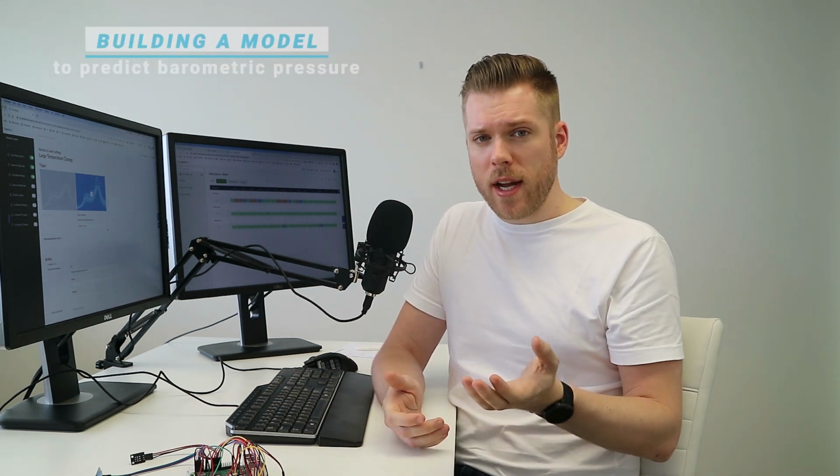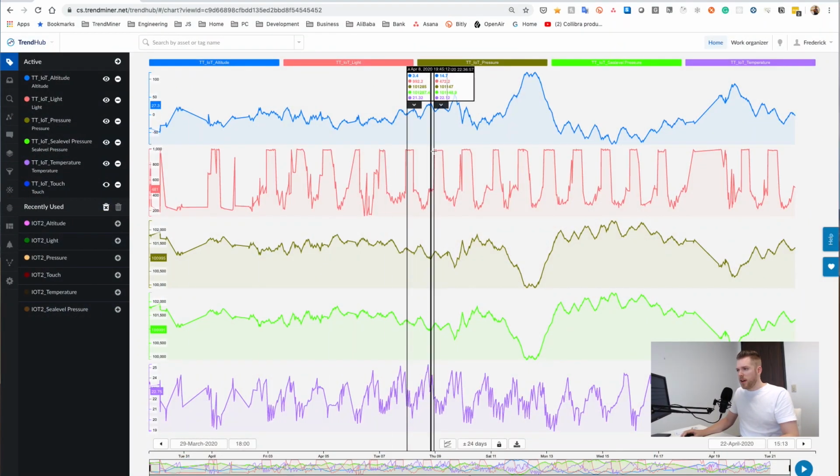The barometric pressure has a large influence on the local weather. So I want to see if, with the sensors I have available here in my little setup, I can use those sensors to predict what the barometric pressure would do, assuming that, for example, my pressure sensor would go bad or would be offline for an extended period of time. Because it's such an important indicator of the weather, I want to predict it even if the sensor is not available. So for the third and final time, I will start from the same data set,